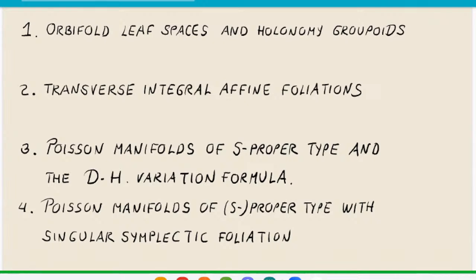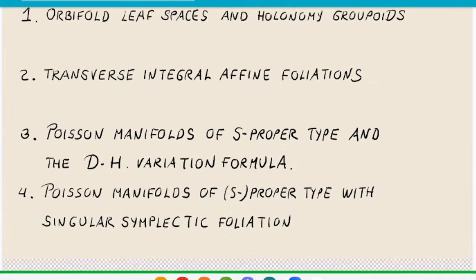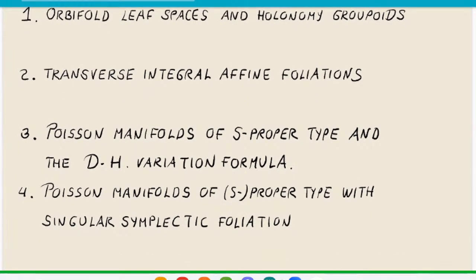The second part will also incorporate transverse integral affine structures. It's going to be also pretty much expository. And perhaps the key point is that transverse integral affine structures can be controlled by both Lie groupoids and symplectic geometry. And that will take us to the third part of the talk, which is the central one, which is